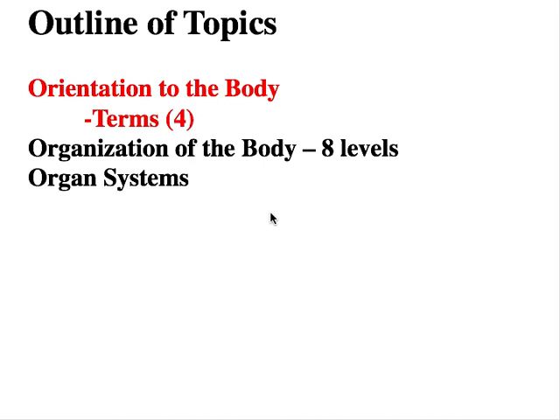We begin at the beginning. We are going to start with the very first part of Chapter 1. We're going to start with 4 terms that you're going to get to know very well as the 2-semester sequence of anatomy and physiology continues. So we start off with the term